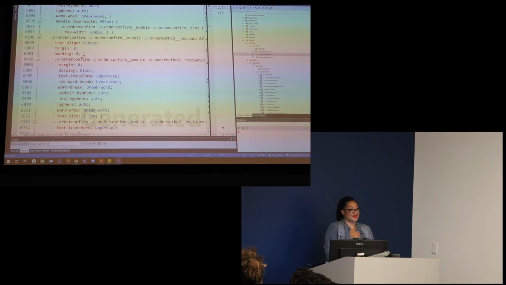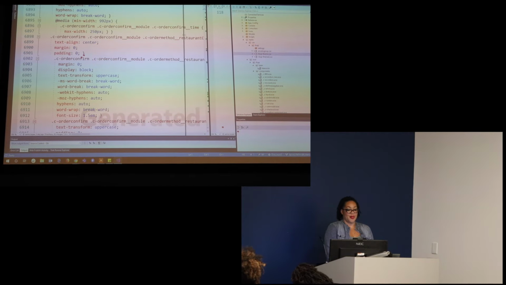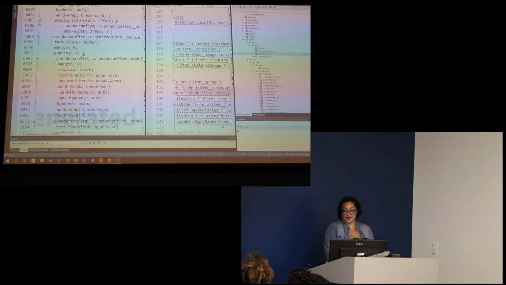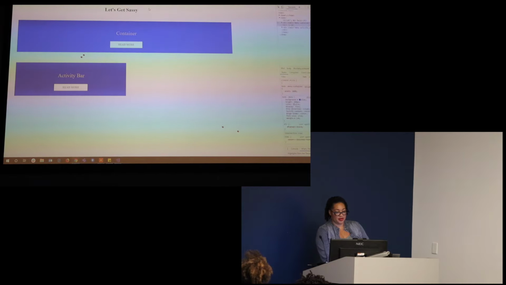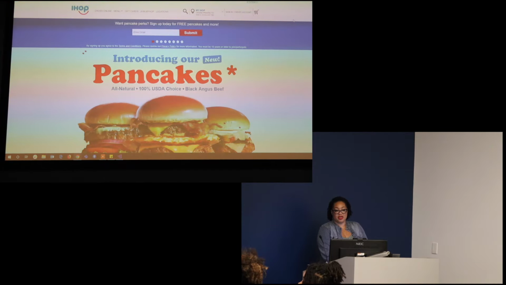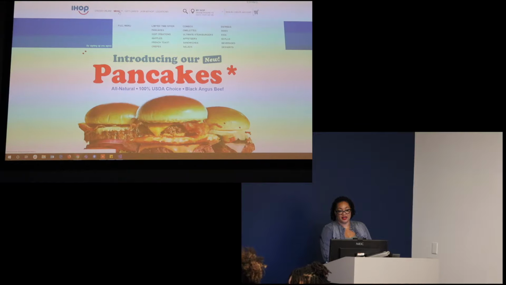So can you talk more about why it's helpful to use Sass versus just straight up CSS? Yes. Like in an enterprise setting when you're dealing with 7,000 lines of code? So, one of the reasons why is if I make a change, I'll just show you the site. The site is basically broken up into components. The navigation itself is one component. So if I decide that I'm going to change this link to be blue or red,